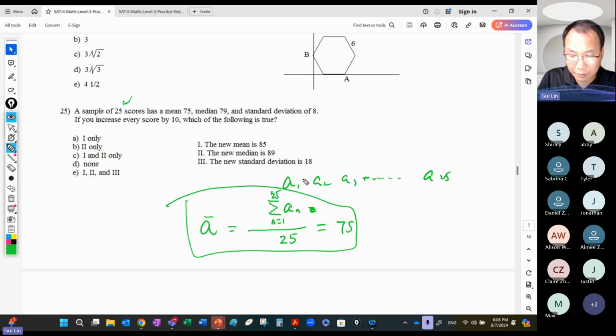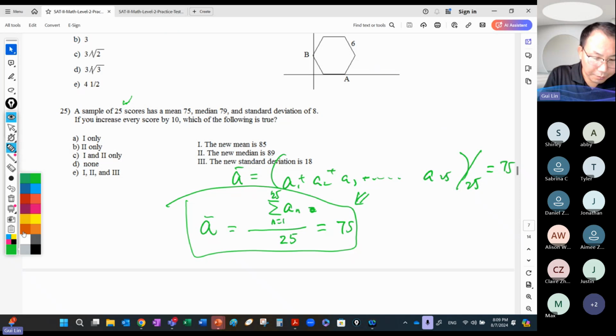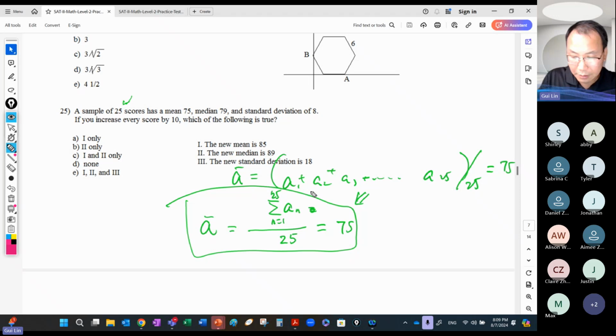Okay, so you can do it this way: add them all up, and then overall divide by 25 equals 75. It's the same meaning, the same expression, average, of course. All right. So if we suppose the sequence here goes from the minimum to the maximum,